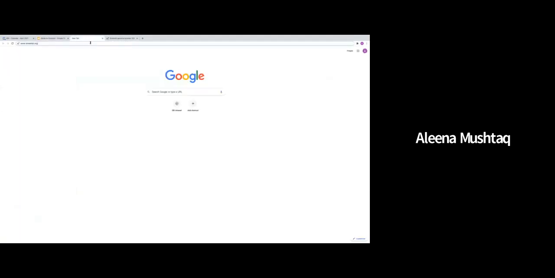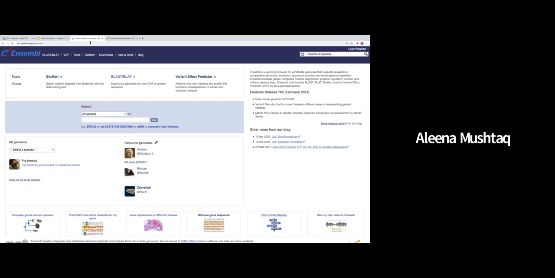So to go to the browser, you can simply just type www.ensembl.org. And there are a few things that I would like to point out here. Firstly, you have the blue navigation bar at the top, and this navigation bar will be present on every Ensembl